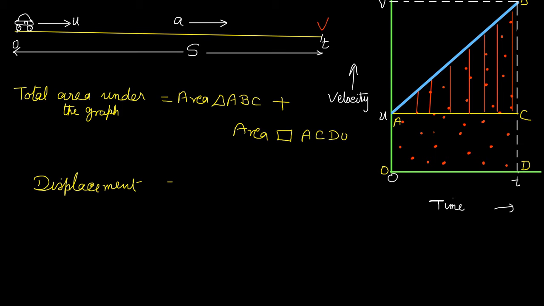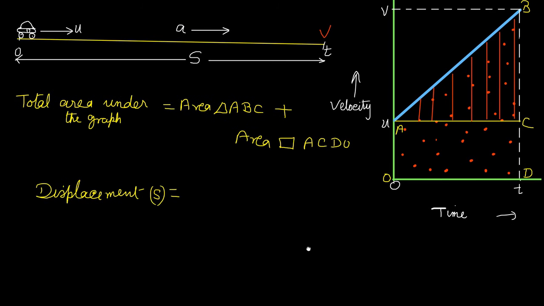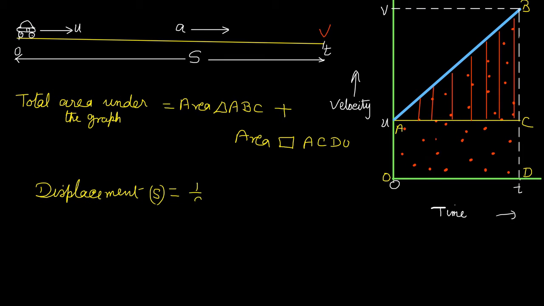So displacement is denoted as S, which is equal to the area of triangle ABC, which is half into base into altitude, AC into altitude. Altitude is CB or BC, plus the area of the rectangle ACDO, which is length into breadth, which is OD into OA,